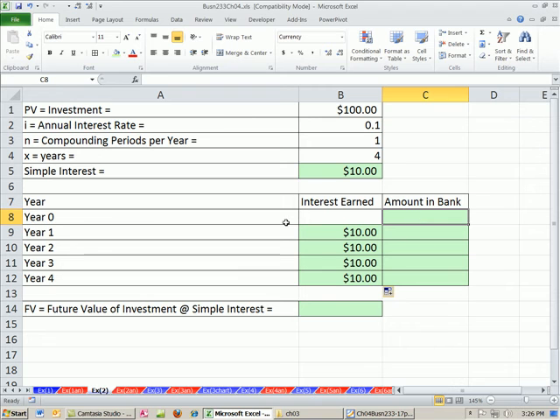Now, year 0, which means when we put it in the bank, how much do we have in the bank? We have $100. Now, at the end of first year, how much do we have? Notice that's a relative cell reference, one above, plus this, one to my left. Now notice when I enter this with Control Enter, and then copy it down,